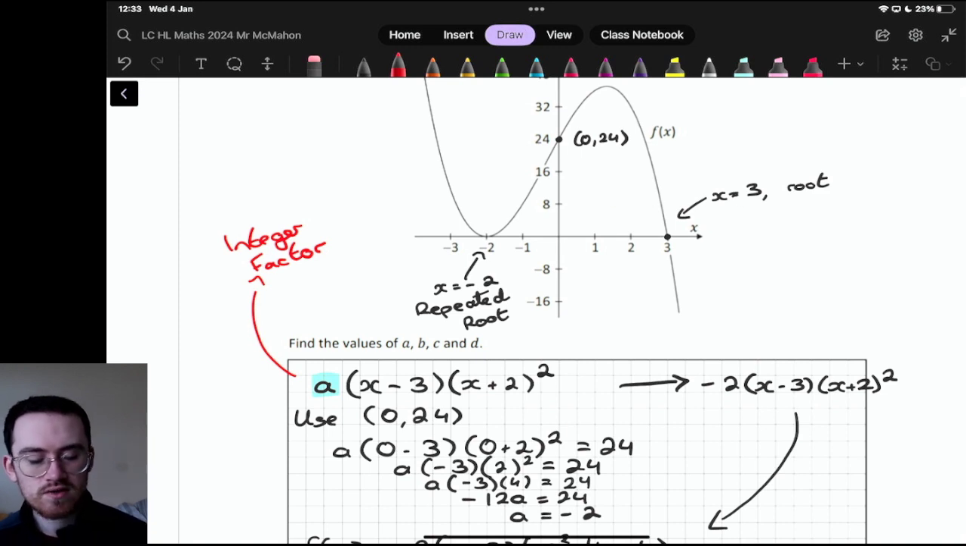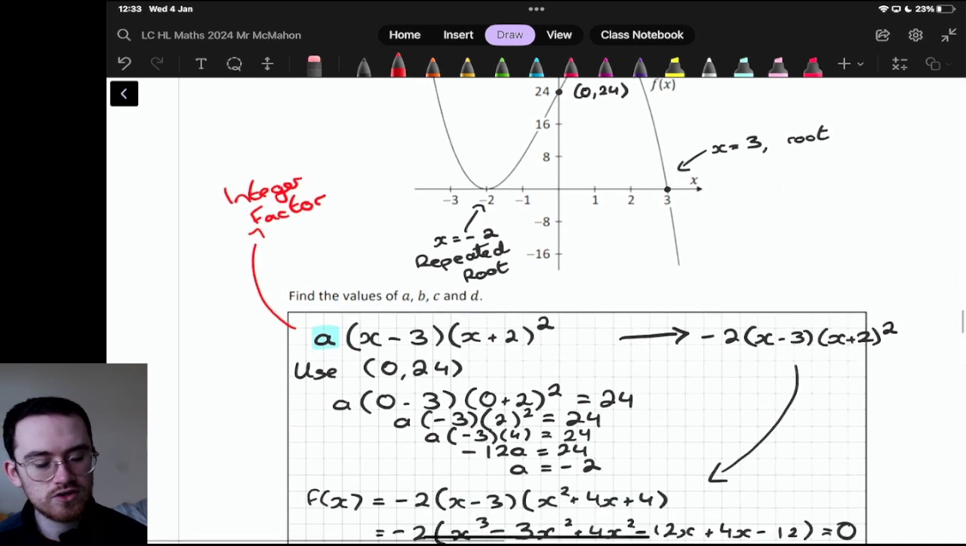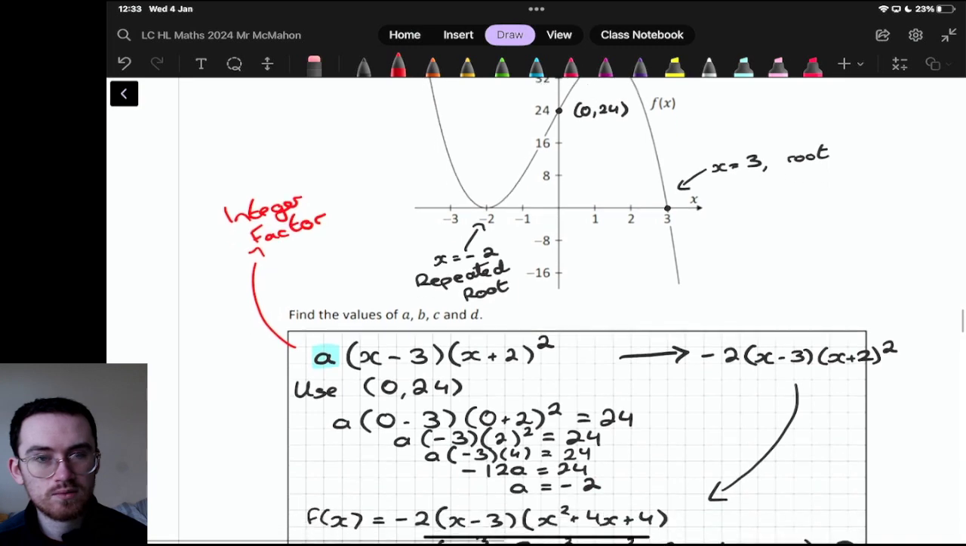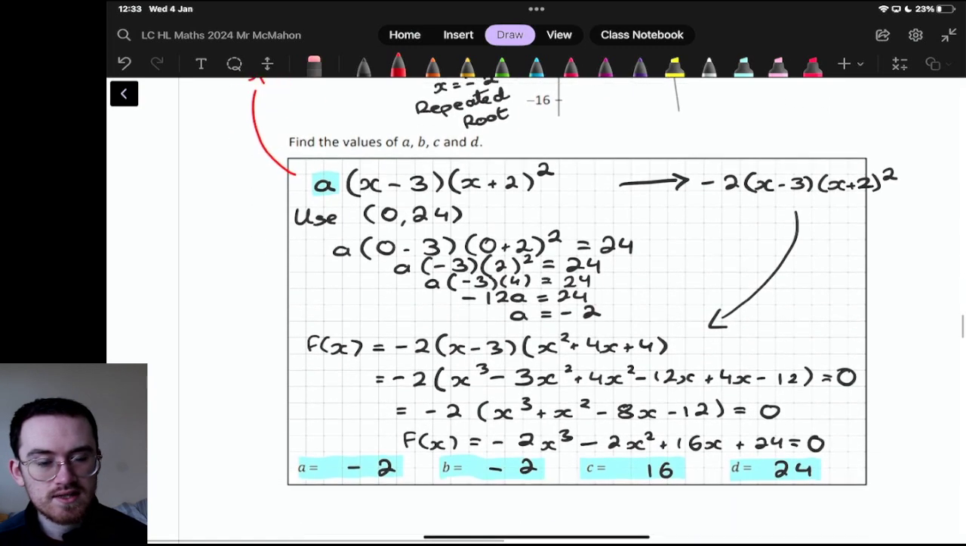So that's why they will generally always give you a point on the graph, like (0, 24). Usually the y-intercept. So we can see there that point (0, 24) is actually the y-intercept, which is the letter d, the last term. It's the term that has no